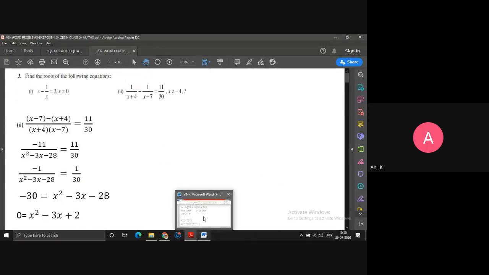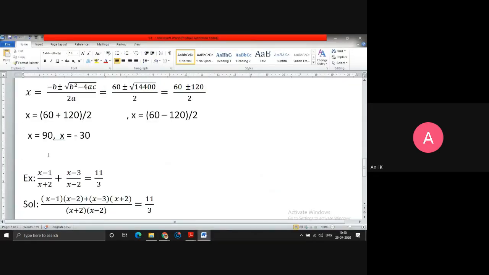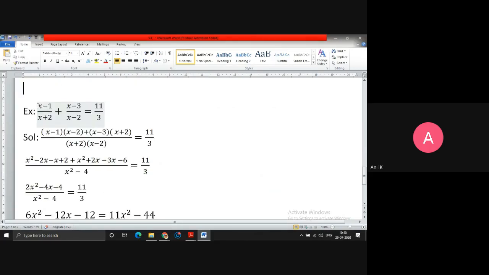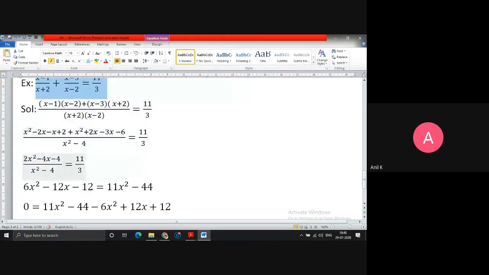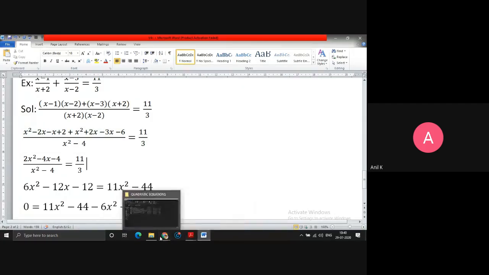So these are one type of question where they'll ask you to solve it, or sometimes they give it as a 1 mark question, not for the value of x, but they'll ask you to check whether it is a quadratic equation or not. In that case, I don't reach till this step. Maybe here itself I can decide, because I'll get 6x square here and 11x square here. So they are not going to get cancelled. So here itself I can conclude it is a quadratic equation.